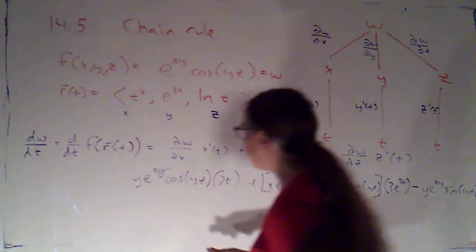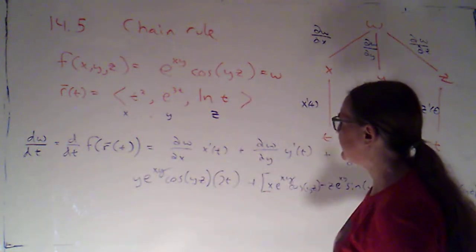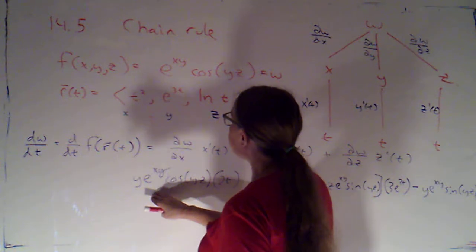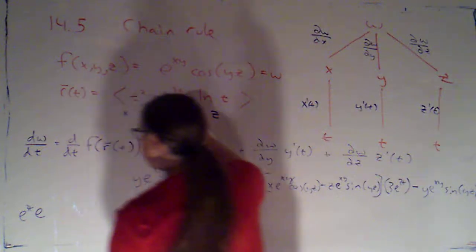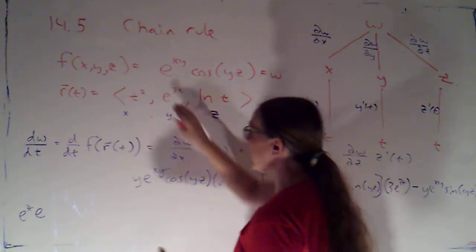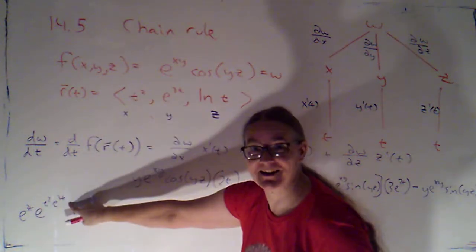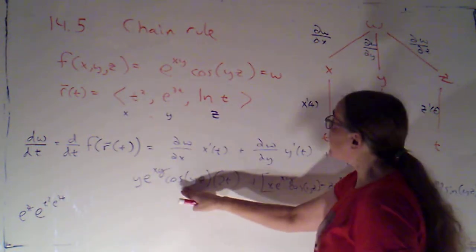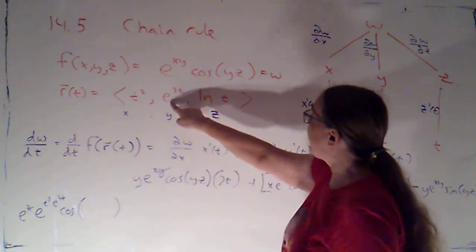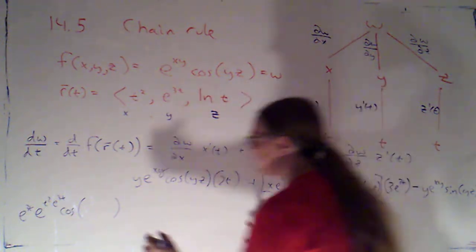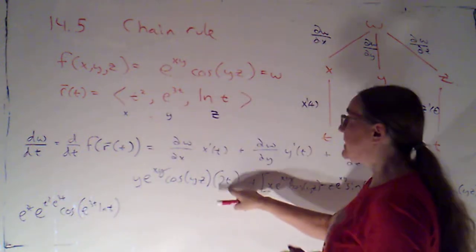Okay. So now I'm just going to go through, I'm going to sort of slide things to the left since I'm running out of space here. So y e to the xy, y was e to the 3t. We're going to have then e to the x times y. So that's e to the t squared times e to the 3t, an exponential in the exponent, times cosine of yz. Well, yz is going to be e to the 3t times the natural log of t, times 2t,